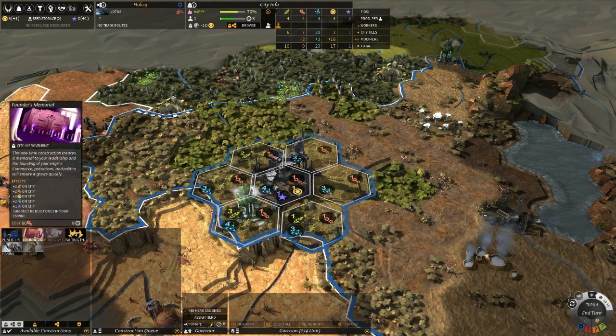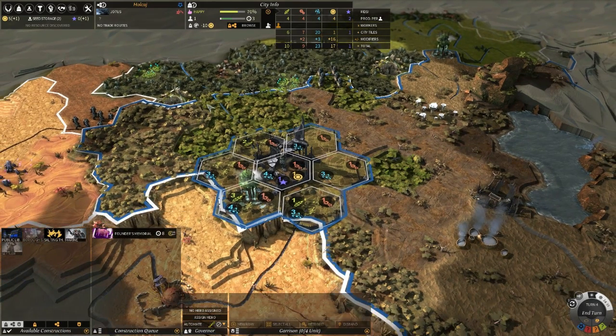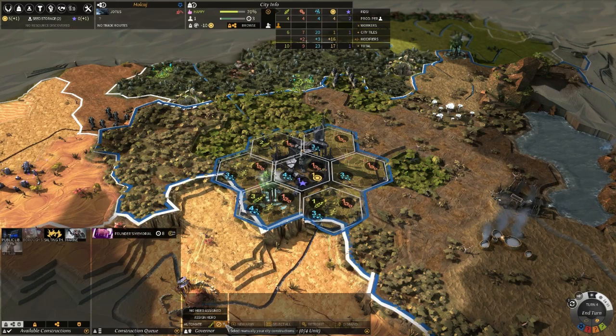Anyway, let's put something in the queue. We could build a Founders Memorial, which gives us pluses on a lot of things, and you can only do that once, so I'm just going to build that, actually. It's going to take 8 turns to do that. Fine, so we will close that. Oh, sorry, no, there's one thing I need to do. I need to set my...